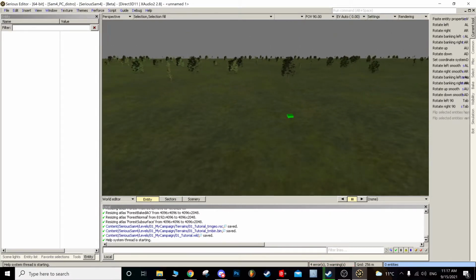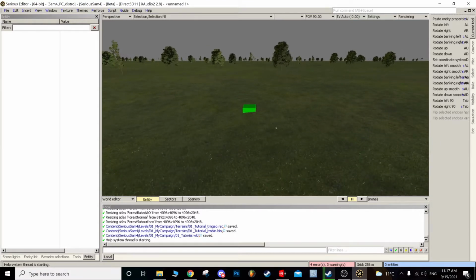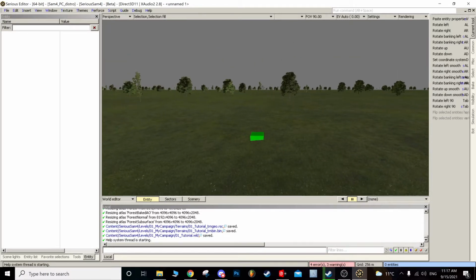The map's pretty much done. This is a simple map for the sake of the tutorial. I just want you to know how you can learn the combinations in order to create your own map. Alright. Okay, so